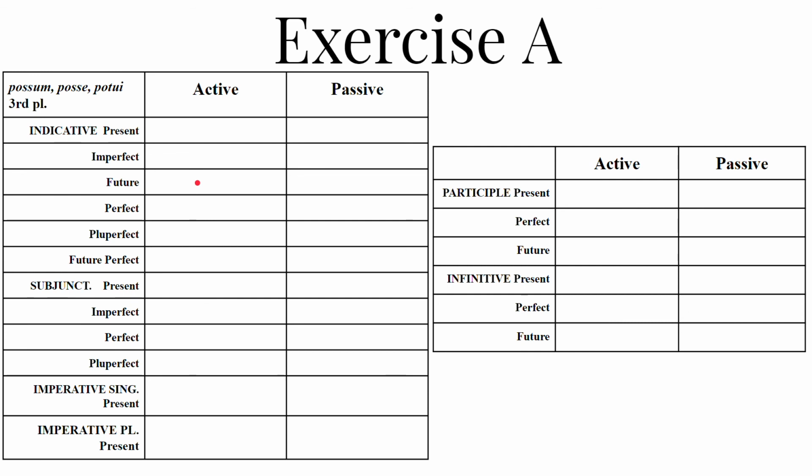All right, now the similarity kind of drops away. For the perfect, pluperfect, and future perfect, you have to go to the verb's third principal part and chop off the I. Potu is the verb's perfect stem. So we have potuerunt, potuerant, potuerint. These look somewhat similar. The perfect, pluperfect, and future perfect have the U, as opposed to the imperfect and future that just have P-O-T.